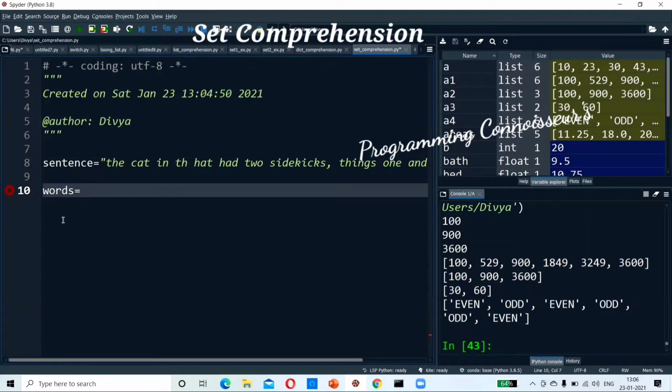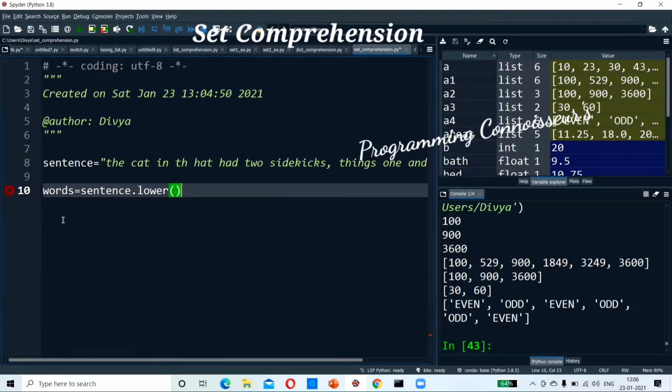Yes, using split. So first of all, sentence dot lower. I'll make everything lower case, because otherwise the words will not match. All words will become lower case.